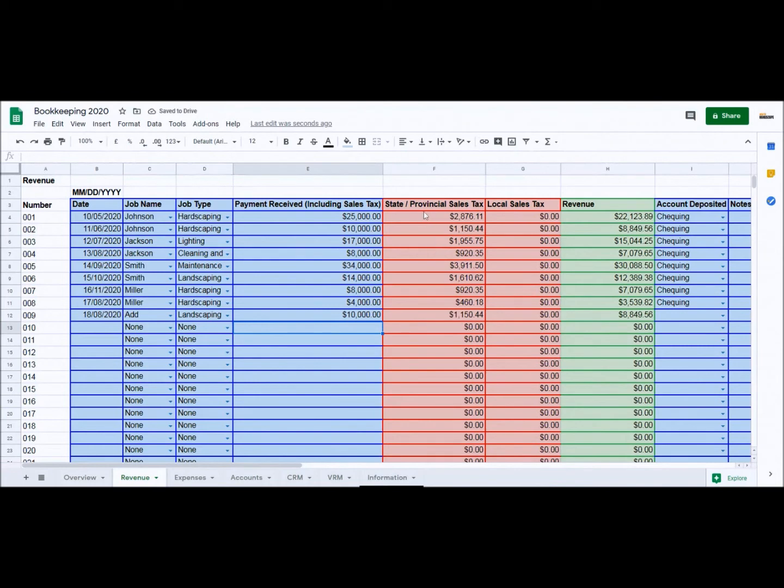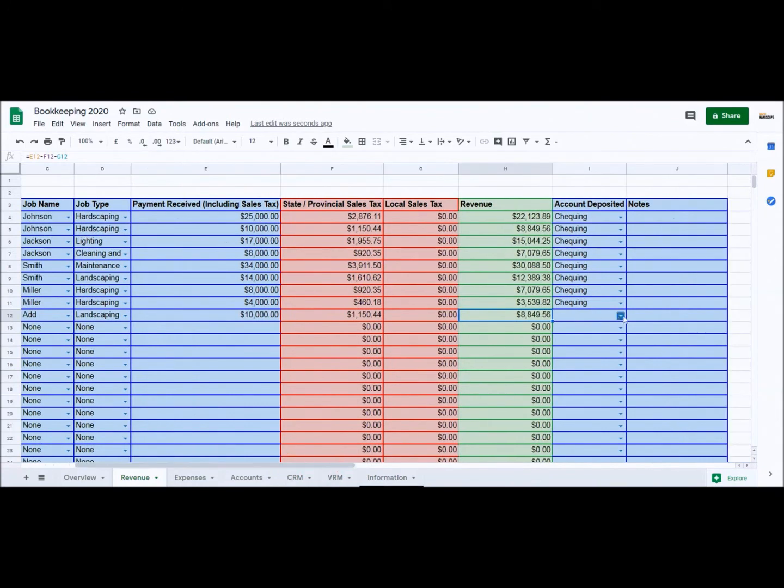And as you can see, the state provincial sales tax is automatically calculated from that 13%. There was a 0% local sales tax rate, and that automatically calculates the revenue here from subtracting the sales tax from it. Now, in terms of the account that it is going to be deposited in, we set our accounts in our accounts tab,